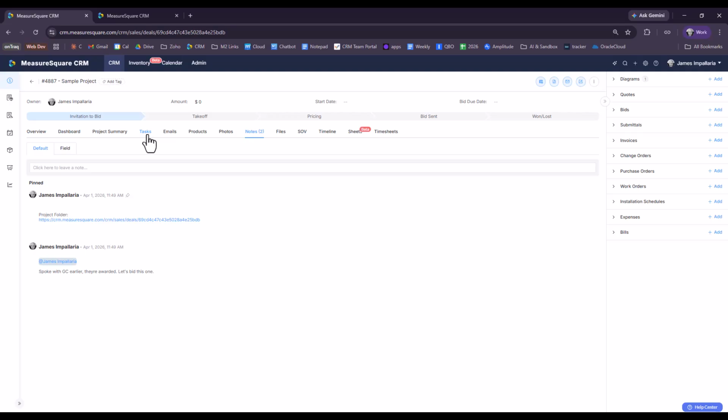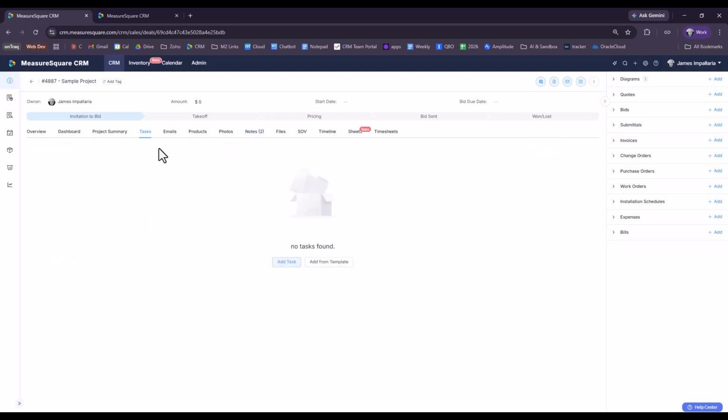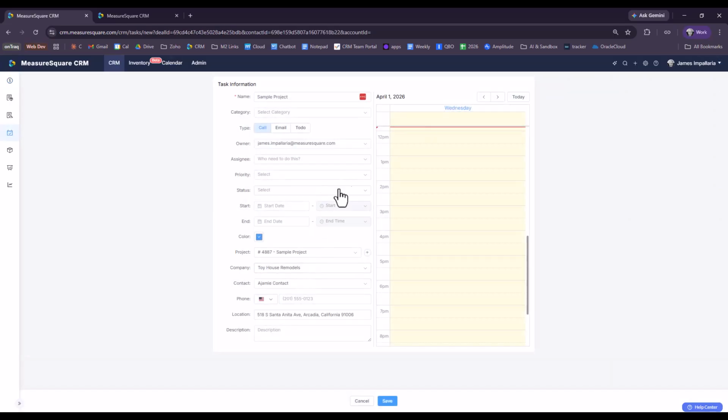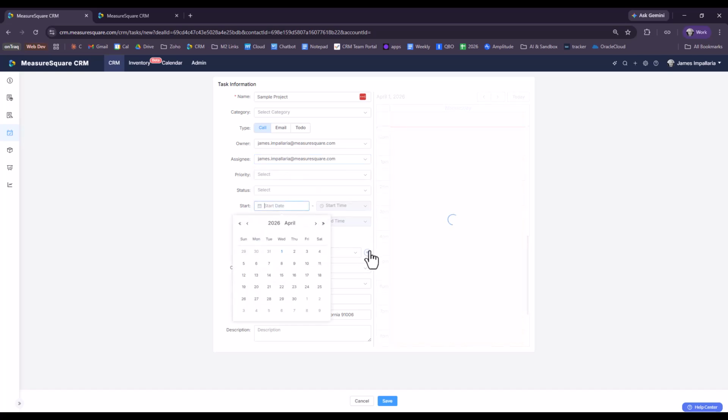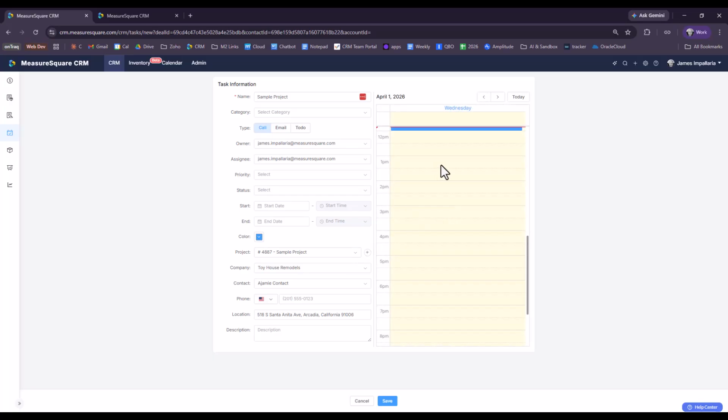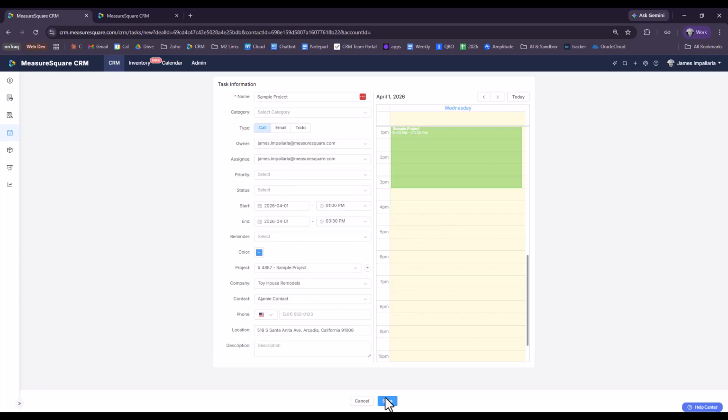The other one we have to go over is tasks, right? Tasks are very, very impactful. This is something that your team should definitely utilize whenever possible. But I'll add a task here to get us started. And the way that this works, if I assign this to someone, give my internet a chance to catch up here. If I choose to create this task, assign it to someone for today,